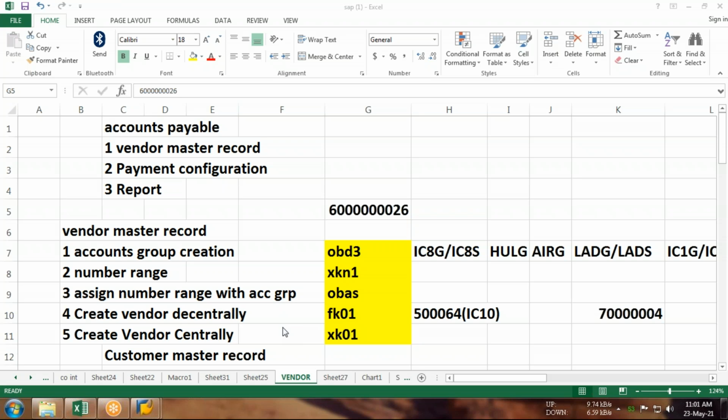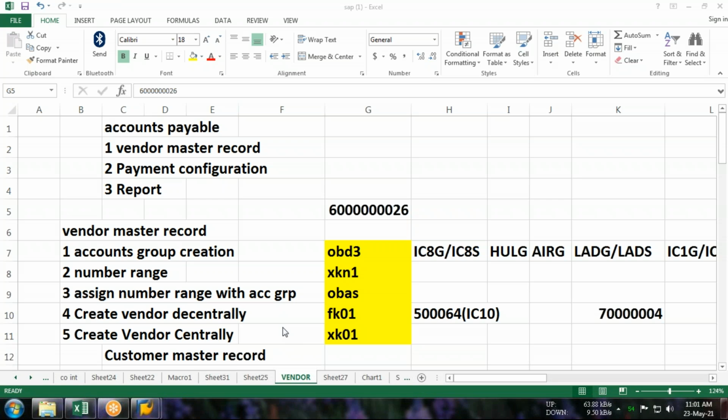Different means first two tabs are almost the same, but one more tab will be there, that is purchasing organization. But before getting into this, we need to configure the purchase organization and everything first. So that is a different thing. We have to understand and configure also. So next week we will be doing the vendor centrally.